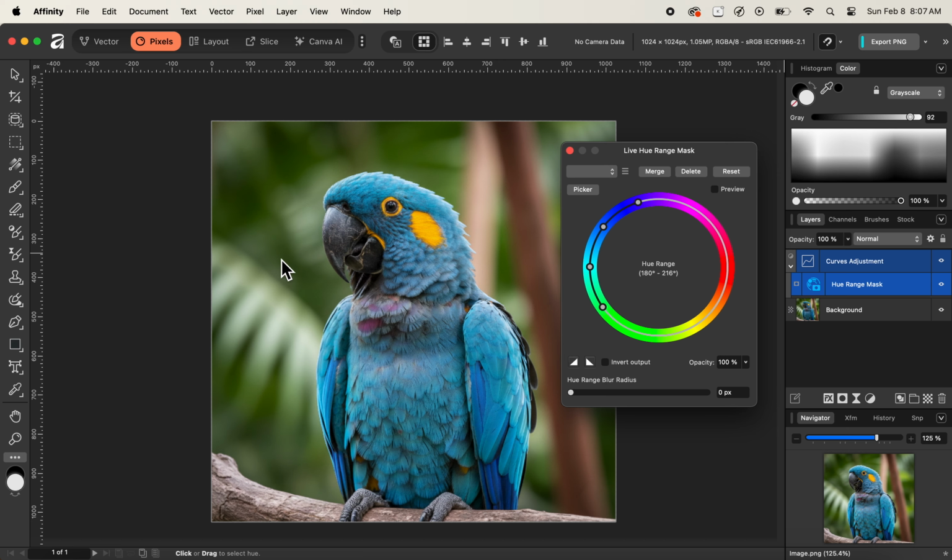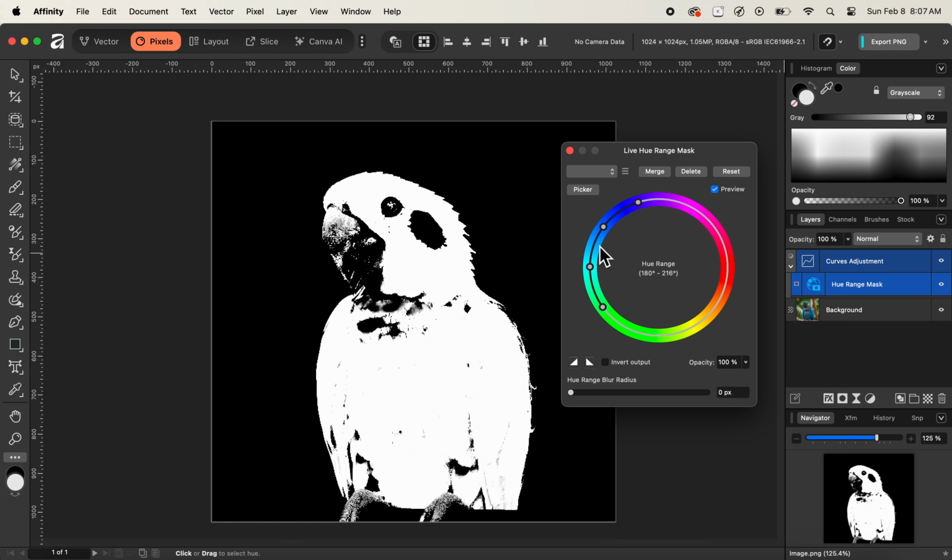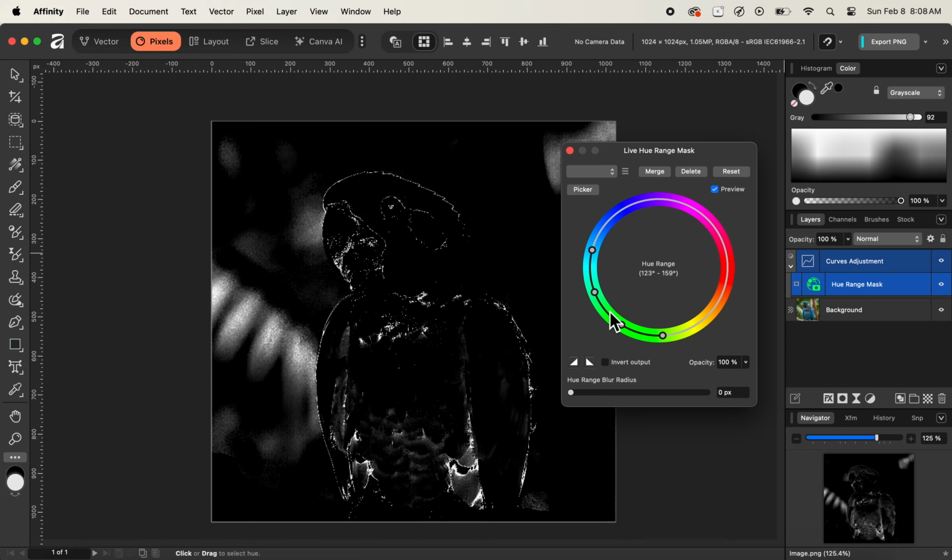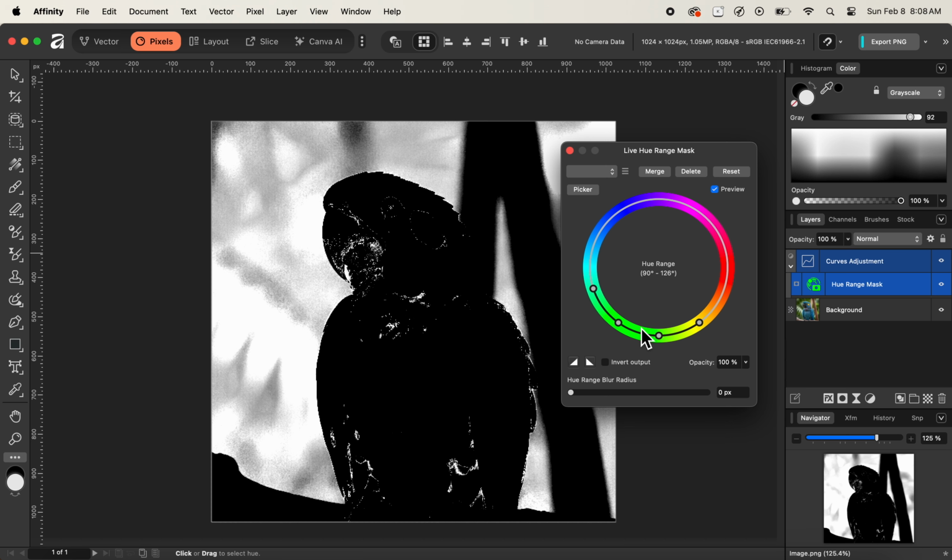So in order to do that, let's turn on the preview option first, and then we'll simply click on the midst of our color range selection and then simply drag it like so in the areas of greens. And now you can see that it is selecting the green background areas beside our subject in this image, which is represented by white. So the next concept to understand here is similar to our normal mask layer